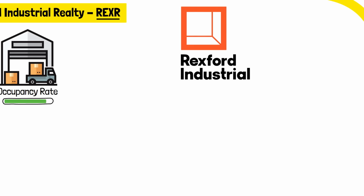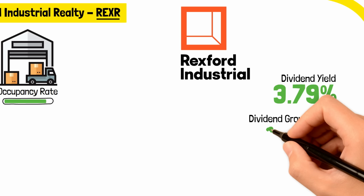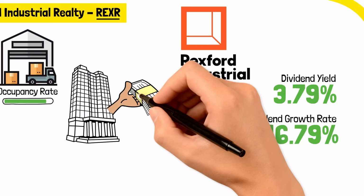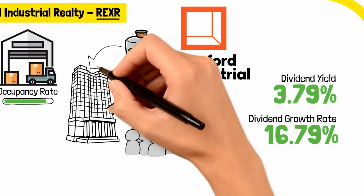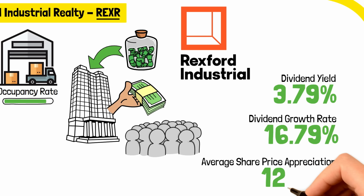As for the investment metrics, the current dividend yield for Rexford Industrial is 3.79%, which might seem modest compared to some high-yield REITs, but it's the growth that really matters. REXR has an impressive dividend growth rate of 16.79%. This rapid growth indicates that the company's not only committed to rewarding its shareholders, but is also generating increasing amounts of cash flow to support these payouts. Looking at the historical performance, the REIT's 10-year average share price appreciation is an outstanding